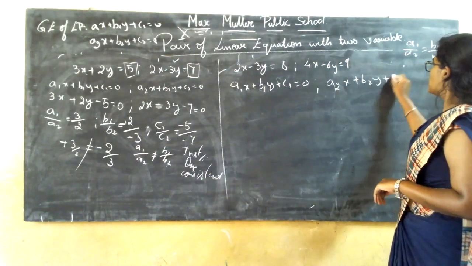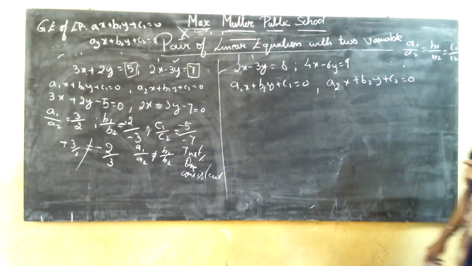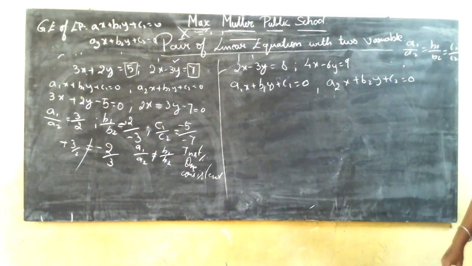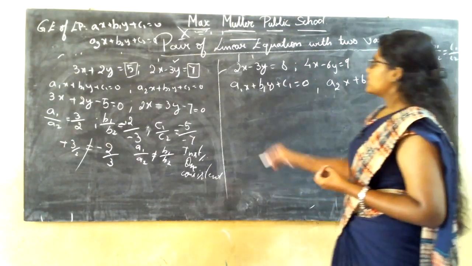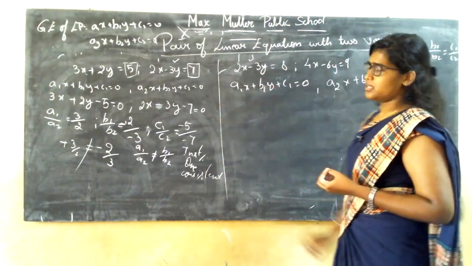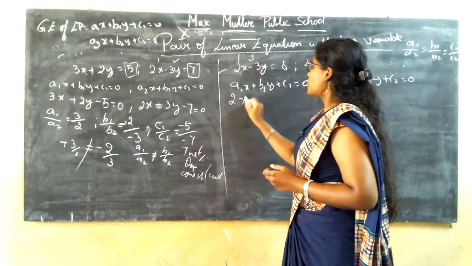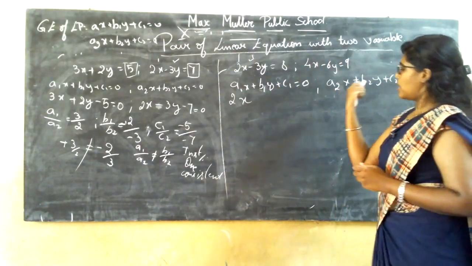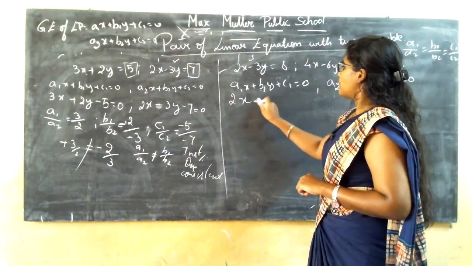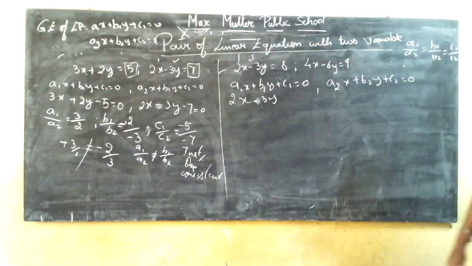Rough sheets will be given, so make use of the rough sheets and solve the problems. Do not guess the answers and write. At least solve the problem, and you get a sure answer. Okay, so let me take this as the first equation and this as the second equation. I need to write whatever the x term numbers are under a1x, and b1y is written as minus 3y, and this constant has been given on the right hand side.